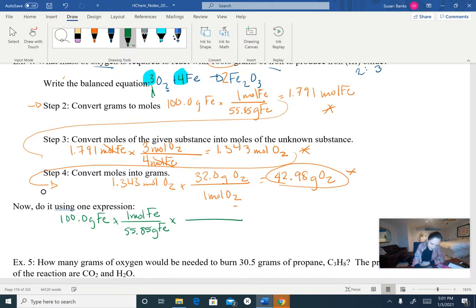Next is to grab this mole ratio. I have 4 moles of iron reacting with 3 moles of oxygen. Okay, so grams of iron are gone, moles of iron are gone. I now have moles of oxygen. And then the last step is to go from moles of oxygen to grams. So 1 mole of oxygen,